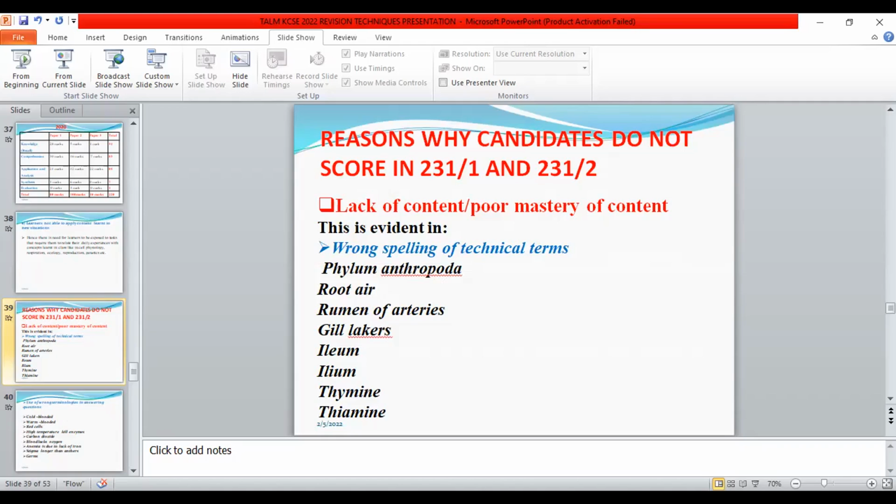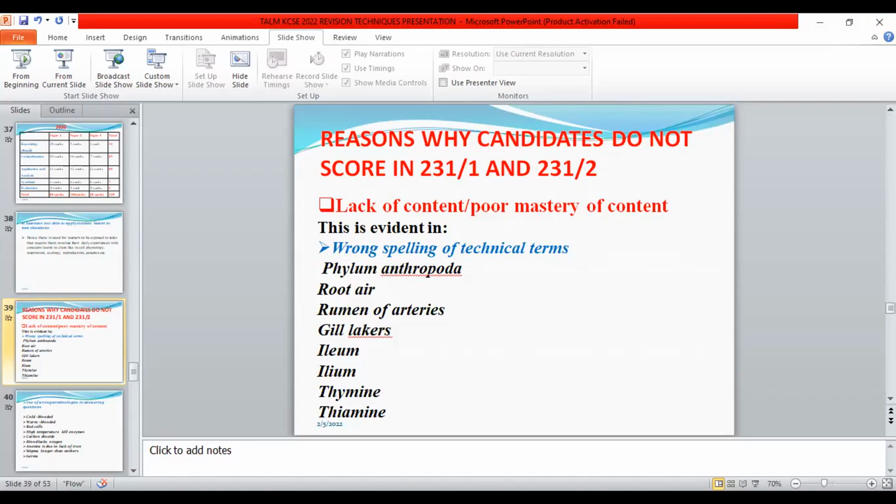We have other terminologies that are normally misspelled by the learners, whereby somebody wants to talk about the liver, the role of the liver in homeostasis. There was a time when that test was set, and some candidates really messed up with that. I don't know where the R came from in their work. They talked about the role of the river in homeostasis. Students will talk about the root air instead of the root hair. I think that is because of where they come from.